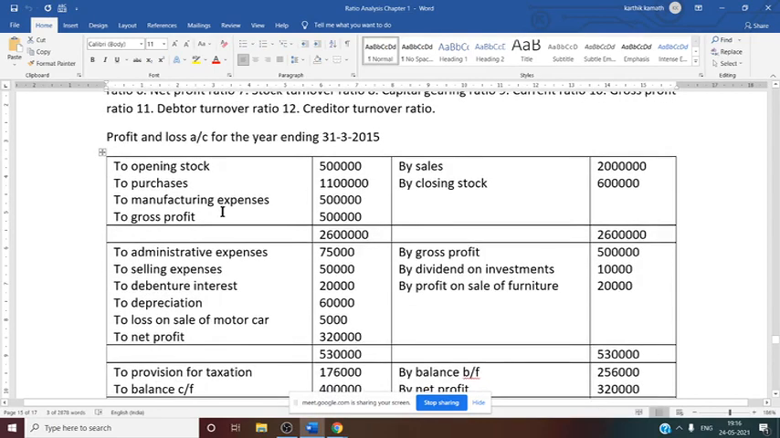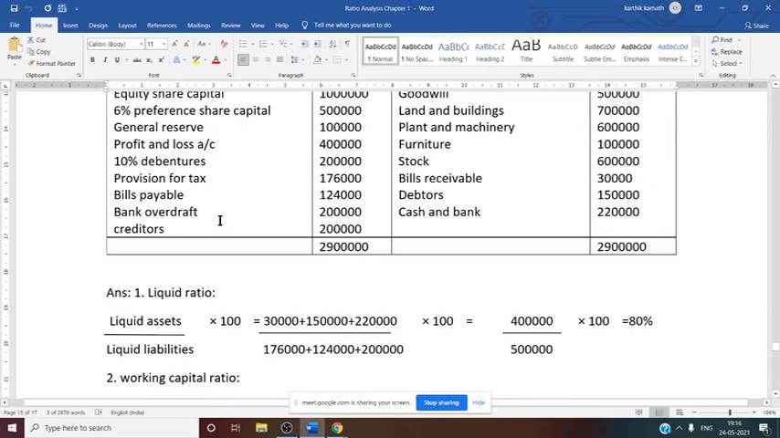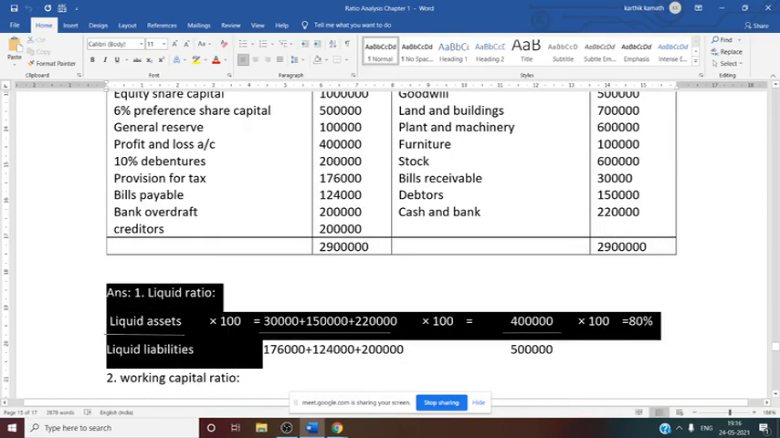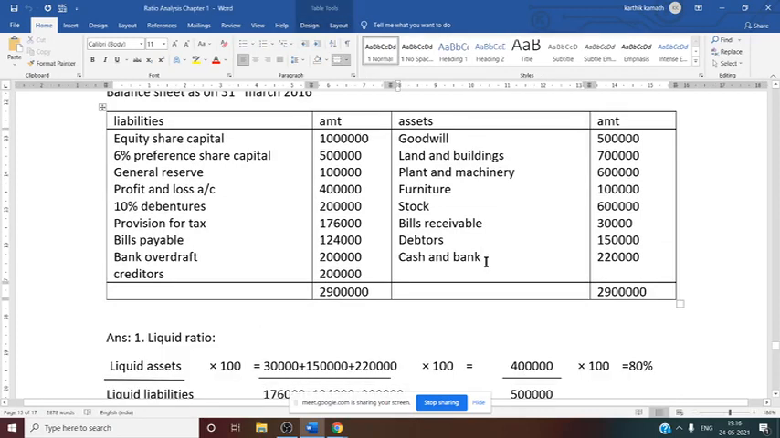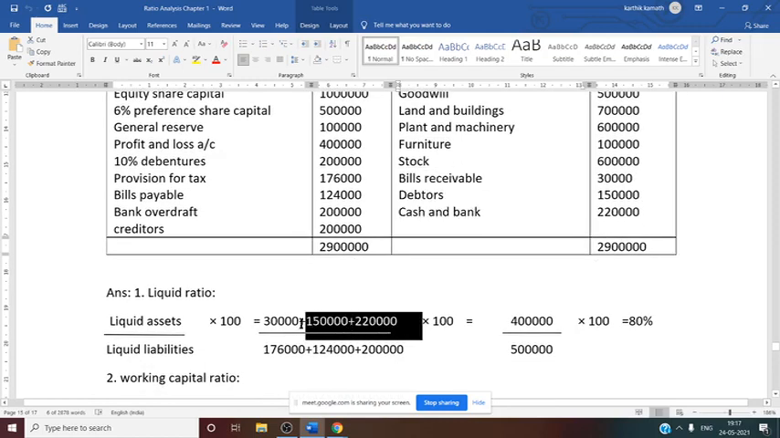So now, liquid ratio. First they have asked you to calculate the liquid ratio. The liquid ratio formula we know: liquid asset divided by liquid liability. By seeing the asset side, you can understand liquid assets. There are 4 assets that are current in nature: stock, bills receivable, debtor and cash at bank. Among these 4, only 3 are liquid, excluding stock, that is bills receivable, debtor and cash at bank: 30,000, 1,50,000 and 2,20,000. You need to write only these 3 items in the numerator, divided by